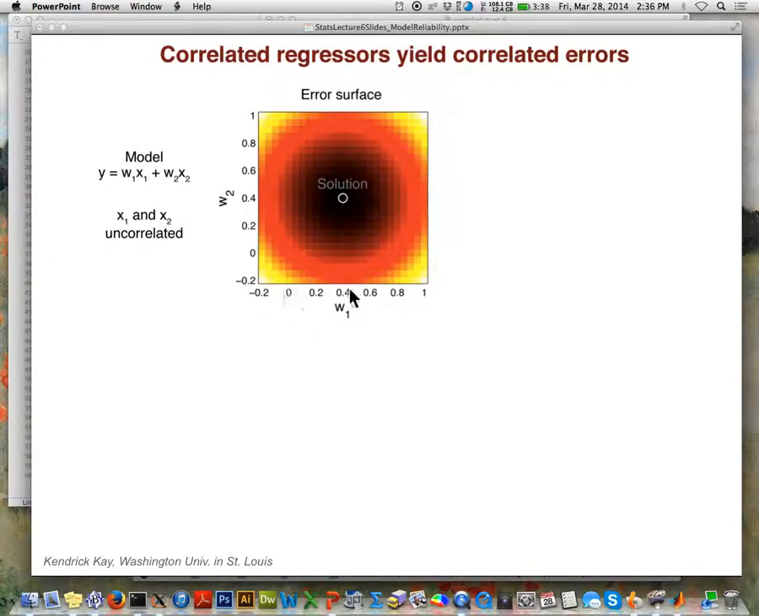Let's just go through the axes. Remember, we're trying to determine the optimal weights. So W1 can range over any number of values, and W2 can also range over different values. If we were trying to fit this model to some data, we would want to find the minimum of this error surface right there. But for the sake of this slide, we're not just interested in finding the solution. We actually care about the structure of the error surface around that solution,